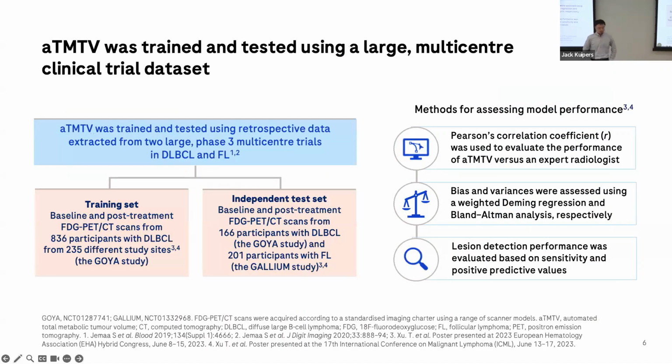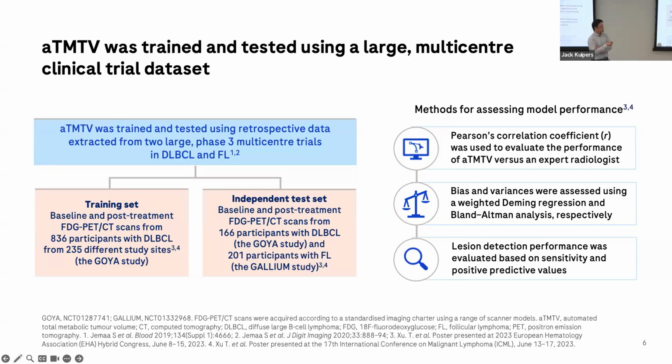This model was trained leveraging the large late-phase clinical trials from Roche. The model was firstly trained on the DLBCL patients from the Goya study. 836 patients were included, from around 200 different study sites, really covering a very diverse population. The first assessment that we conducted also leveraged data from the same study and an additional study